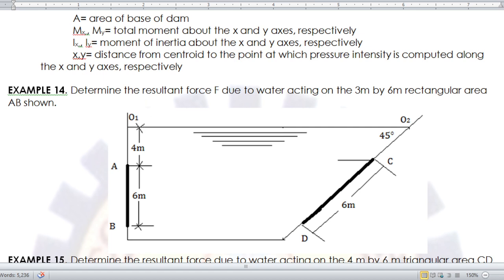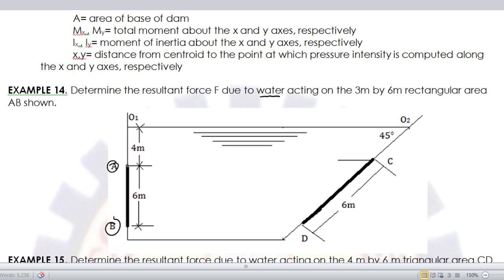Take note, class, that our fluid is water, which is a liquid, and we have here the area specifically, which is AB. This is the area we are trying to solve the force for. Now, if you could recall, to solve for force, simply multiply the specific weight times the HCG times the area. Since our fluid is water, recall the specific weight of water